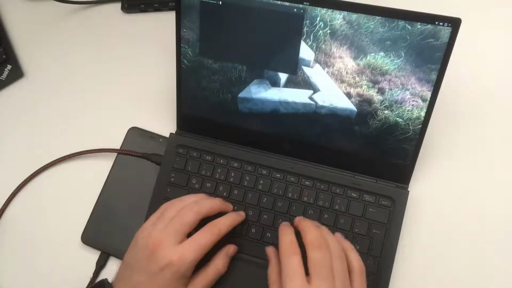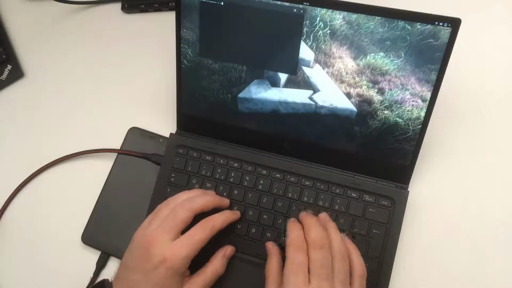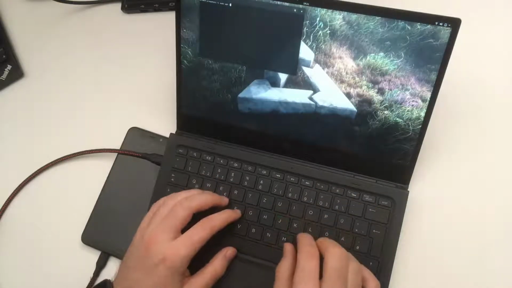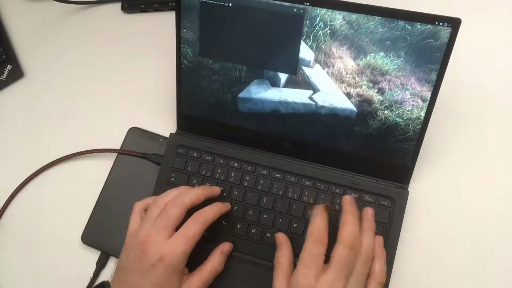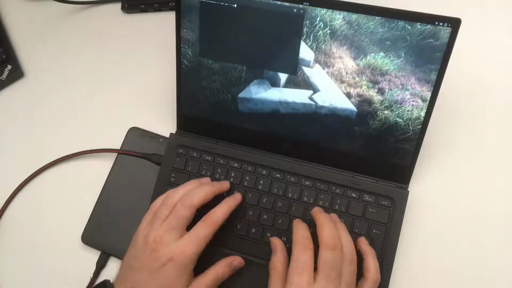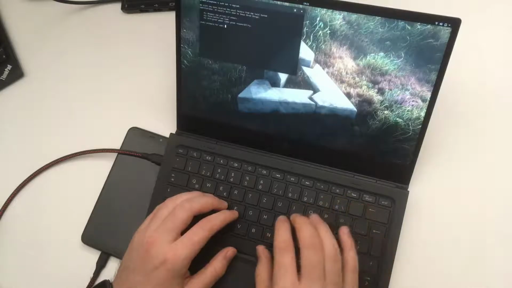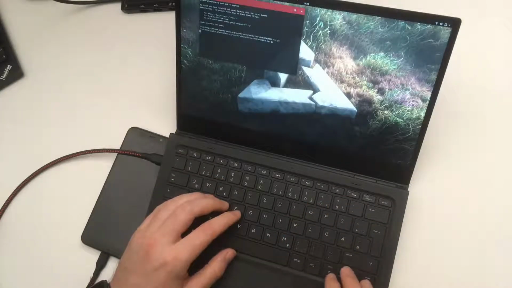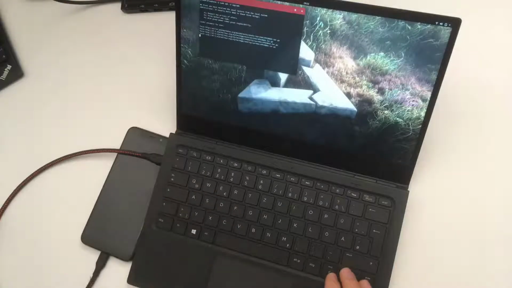I mean, there's barely anything pre-installed, but if I now run pk upgrade, I think it was, and type 111, can first upgrade